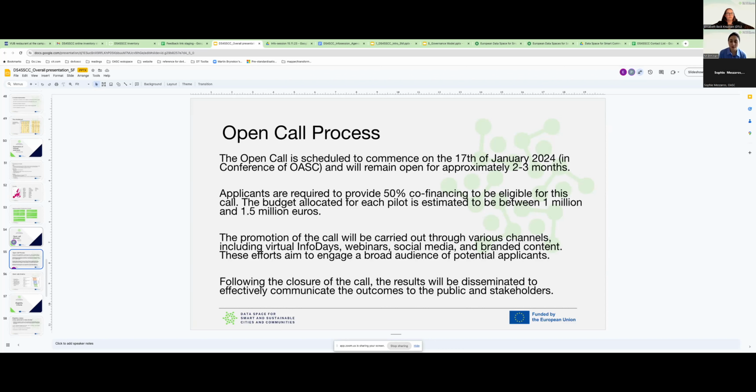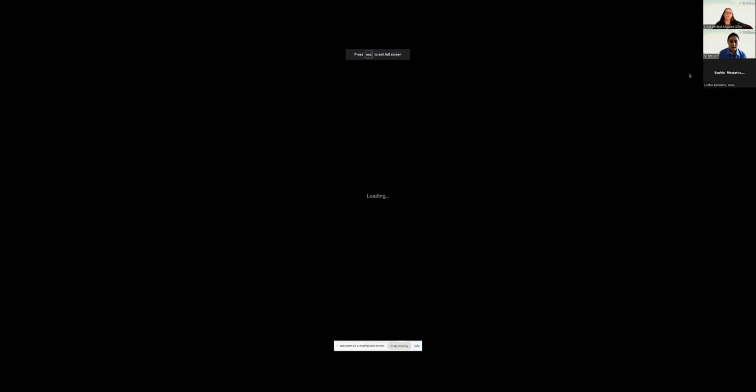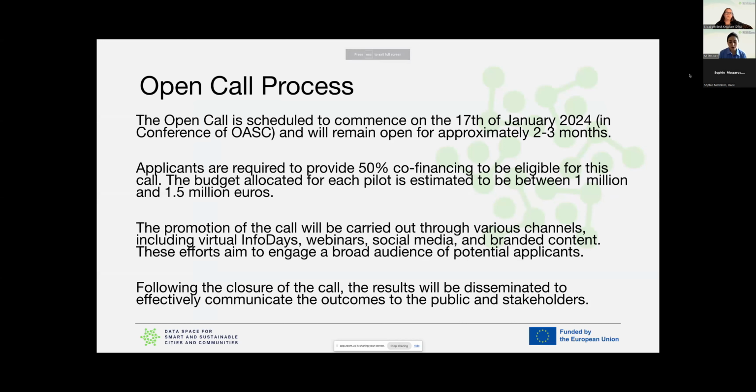So those who are interested need to know that we need to provide 50% co-financing to be eligible to apply for such a call. And the approximate budget that will be allocated for each of these pilots, which is between 10 to 12, is around 1 million to 1.5 million euros.